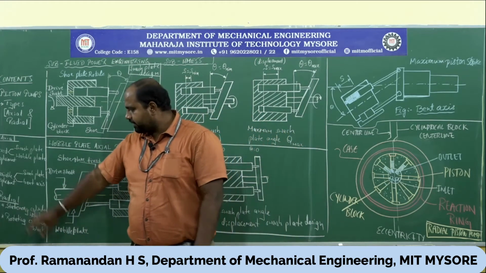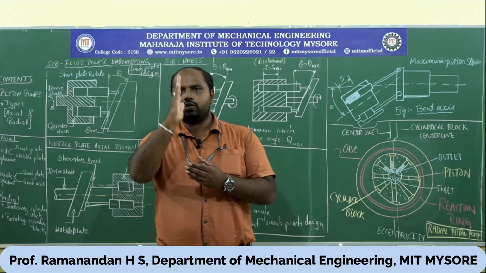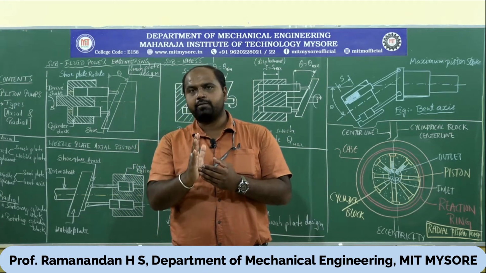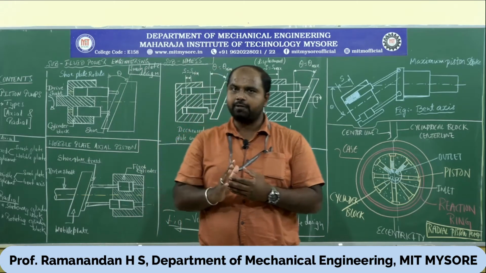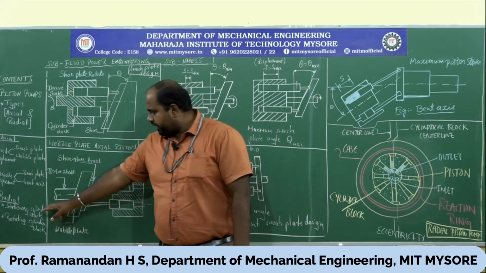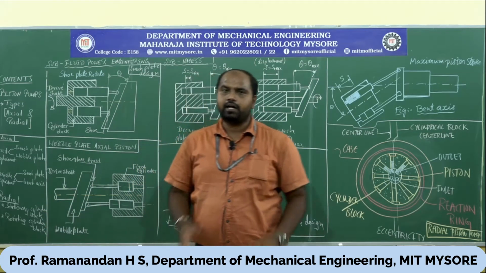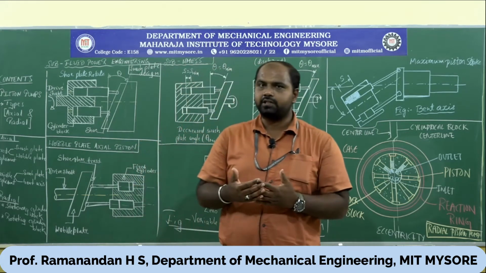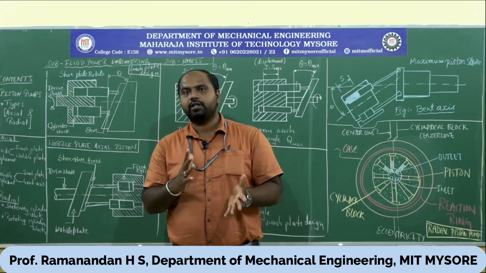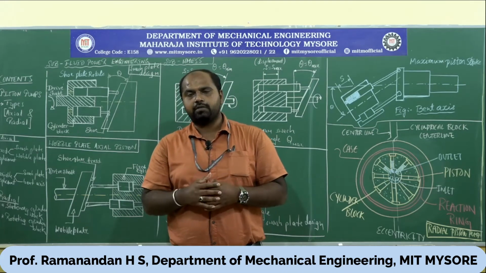Second type of pumps are called radial piston pumps. I told you the direction of travel of the piston will usually be on the vertical axis, so that is called radial piston pumps. There you again have two types: stationary cylinder block and rotating cylinder block. We will see them with the pictorial representation, how they differ in their operating principle as well as the final outcome of the pumps.